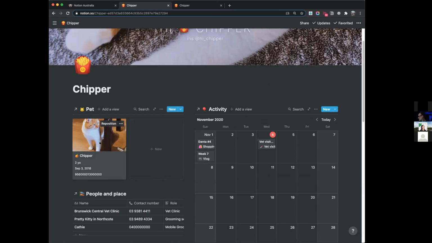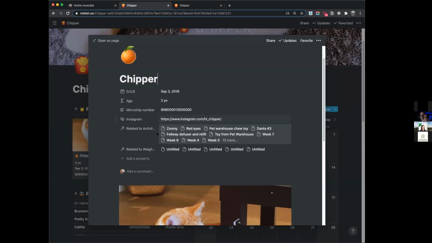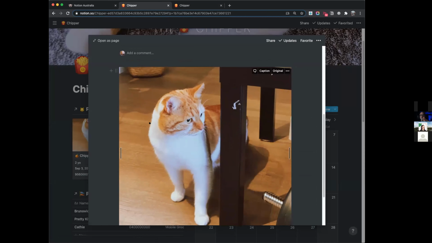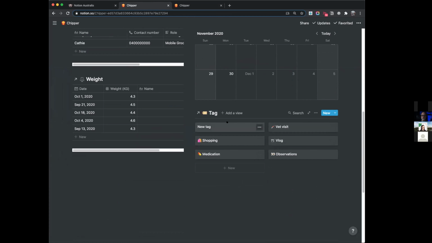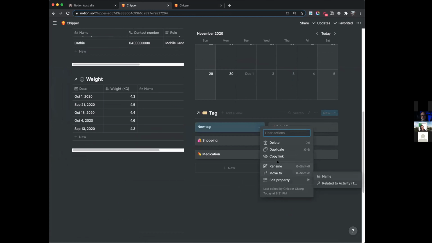So preview images is like something like this. Typically by default, it grabs the first thing in the content. If it is an image, it will just show here. If there's no image, it will just put the tags in there. Cool. So I'm gonna get rid of the new tag.